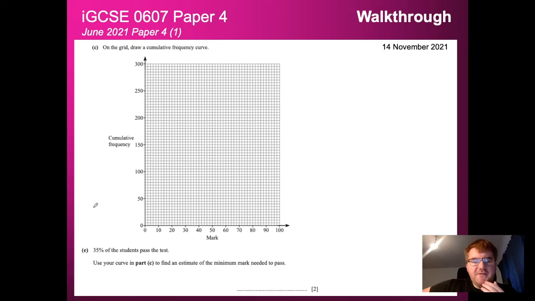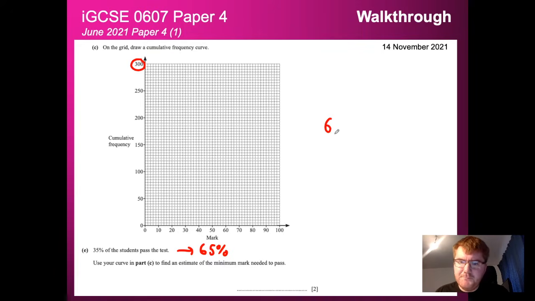Okay, so 35% of the students pass the test, and we're going to use that curve before to find an estimate of the minimum mark needed to pass. So if 35% of the students pass the test, we actually need to find where it is equal to 65%. So we know that cutoff between either passing the test or failing the test. So we need to find 65% of the 300. And again, you can use your calculator to work this out by doing 0.65 times 300. But if you do that process, you will get